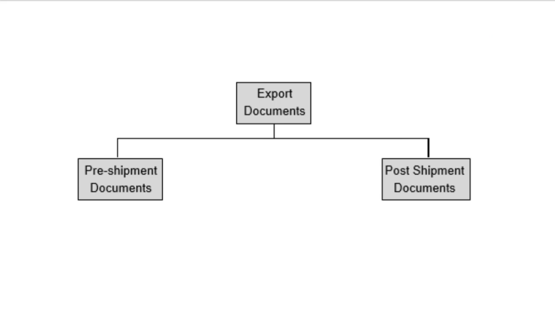After that we need to attach the commercial invoice, packing list and tax invoice. These are the main documents. Other than these documents, we also need to attach the gate copy for the clearance from the factory. So security will check whether the material going to be dispatched is matching with the document or not. So another copy which is called gate copy, material gate copy, needs to also be attached. So these are the pre-shipment documents.